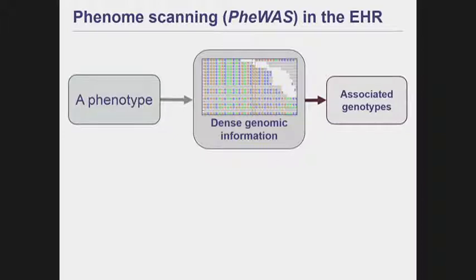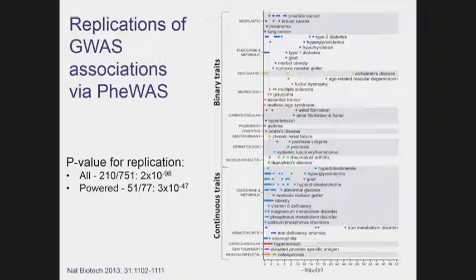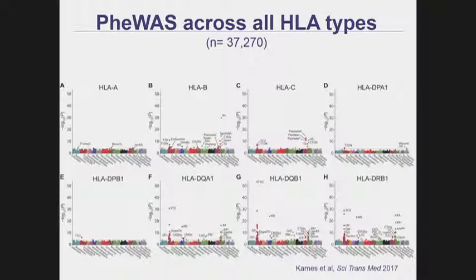Another approach is phenome scanning, a PheWAS approach, and this takes, instead of a given phenotype, a given genotype and looks across many different phenotypes. And in this case, this just shows replication of a number of different phenotypes across a number of different domains of known associations. And what becomes more powerful is when you look across the domain of phenotypes, about 1,600 different phenotypes here on the x-axis,